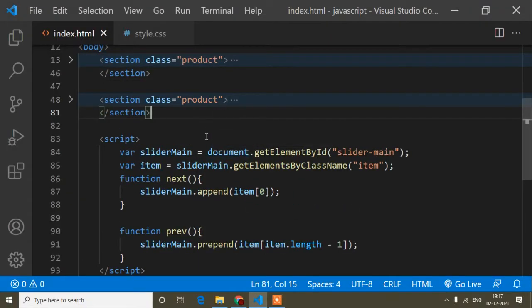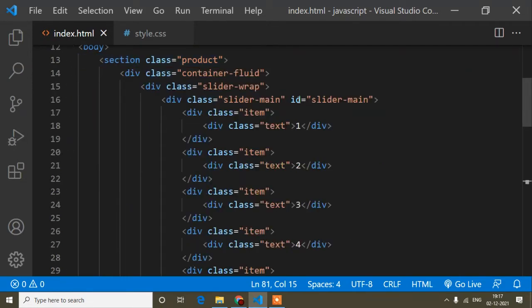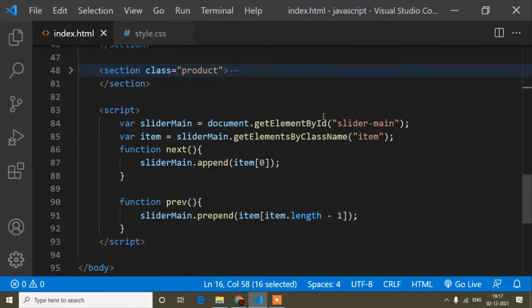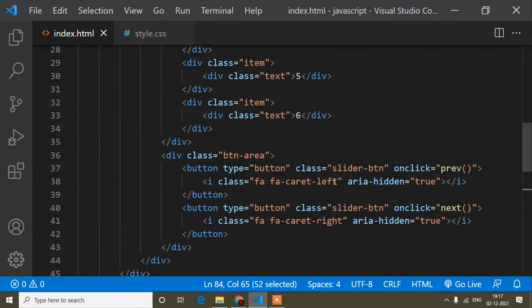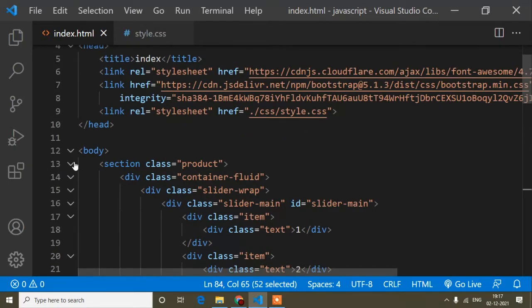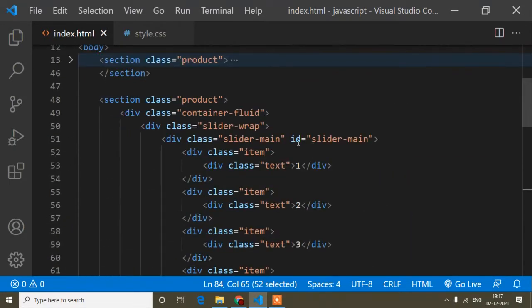Why is it not working? Because if I open any one slider, you can see I have added the id. The scripting part I had written based on the id. So I took the id, and after that I wrote the scripting part. When I copied this slider and pasted here, you can see the id is the same. And guys, it's a rule that we cannot add the same id twice in the same page.